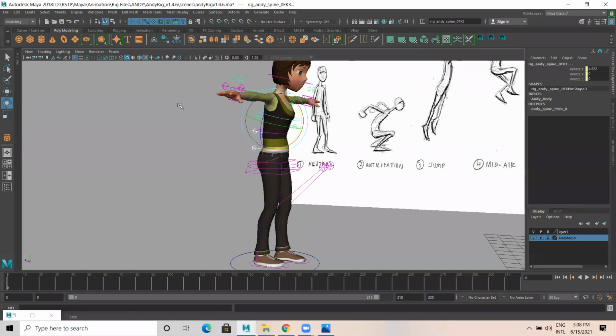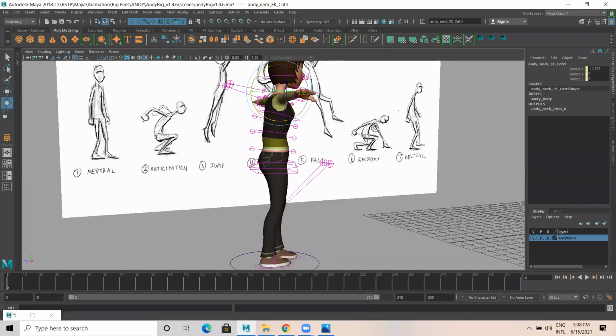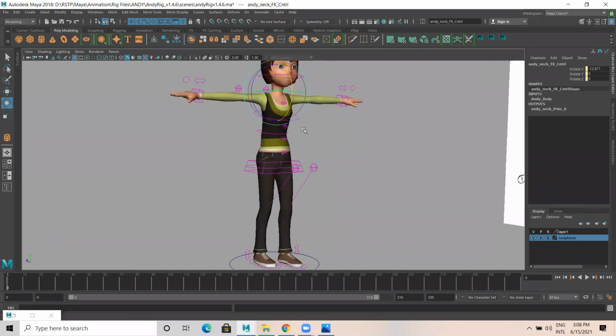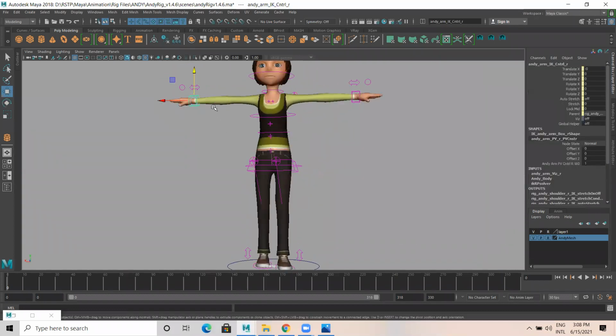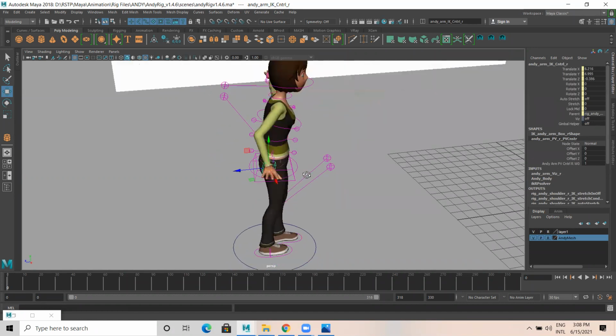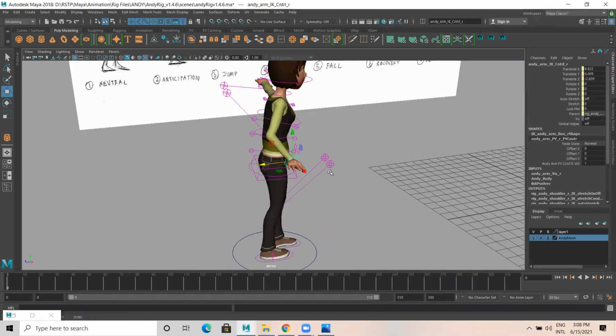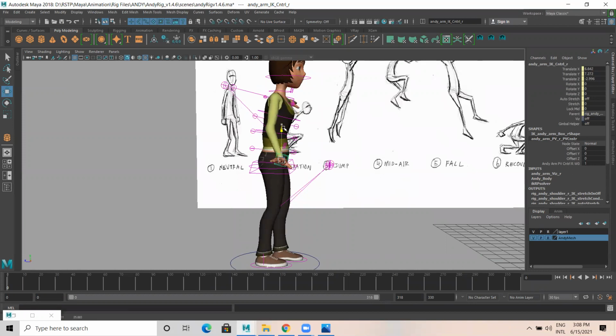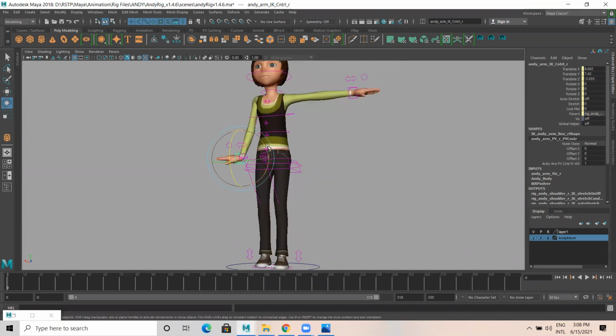It's like this. Then I select the neck part. Neck is like this. And the hand, let's have the position of the hand here. It's in a neutral position.